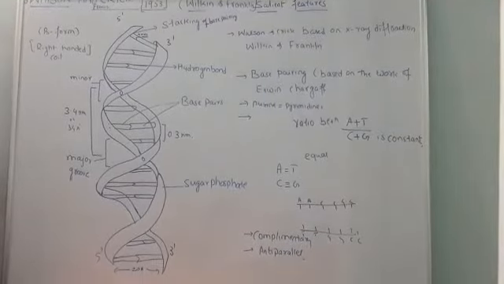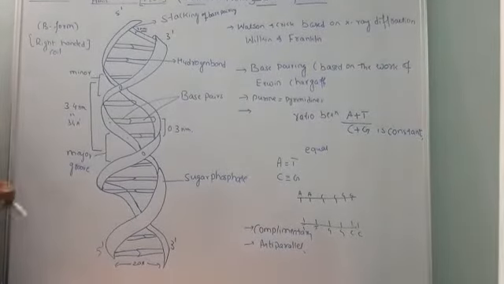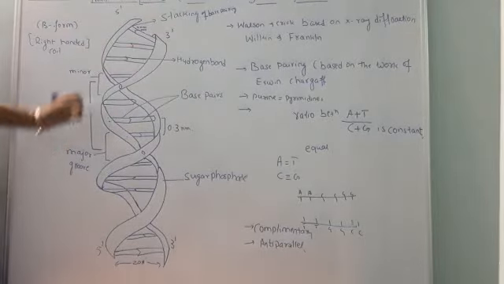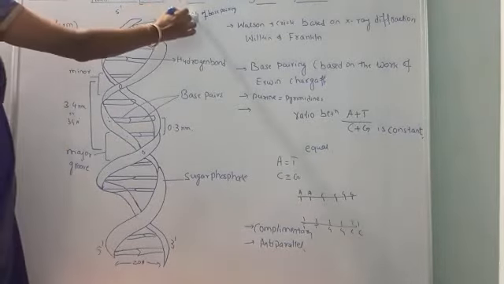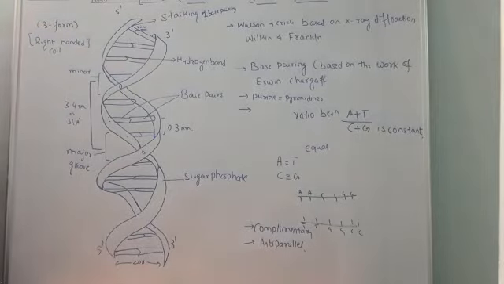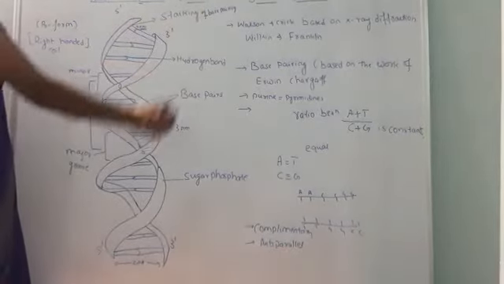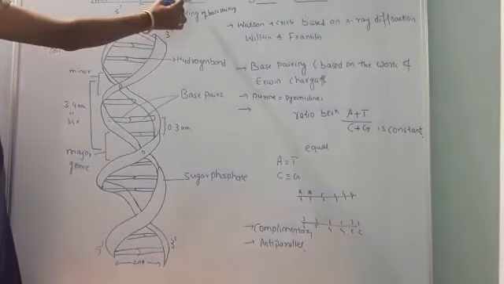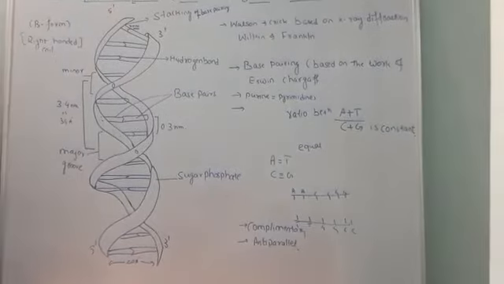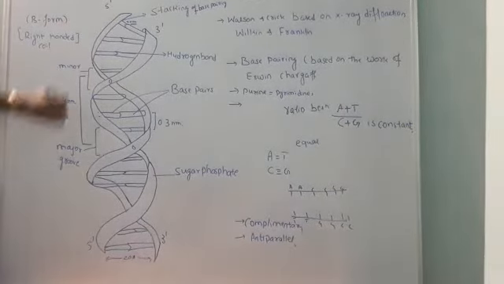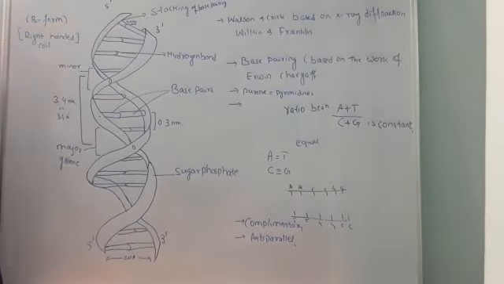As this diagram is very clear here, by the contribution of Wilkins and Franklin, these two persons have contributed towards the structure of the DNA, as already I told you. So the X-ray diffraction data given by Franklin as well as Wilkins, with the help of that data, Watson and Crick proposed this simple and famous structure of the DNA in the year 1953.